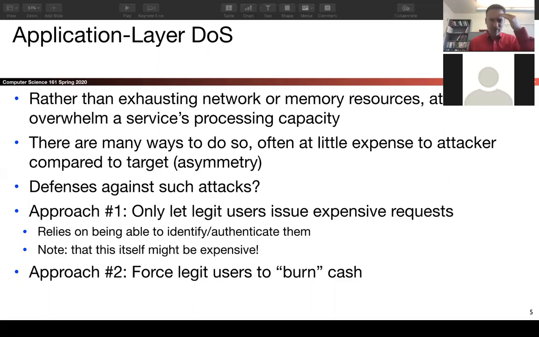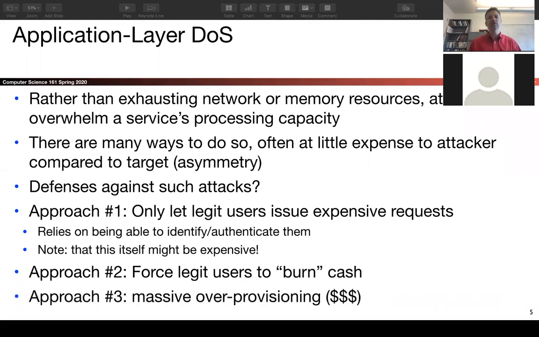The classic case of this, the most clear-cut case of this approach that's being used, is Bitcoin, where people are required to burn a tremendous amount of CPU or GPU time to mint a coin. And if they can prove they've done that, then it enables them to participate in the process of basically writing log entries to the financial ledger system. Okay, so that's a defense against denial of service.